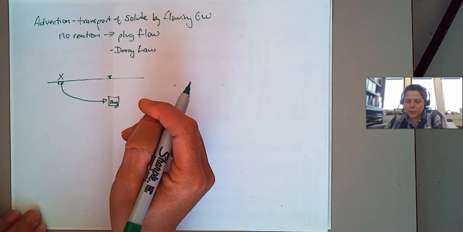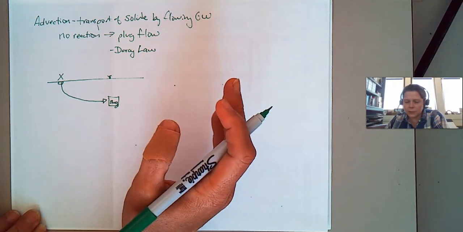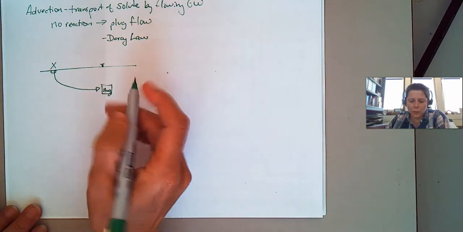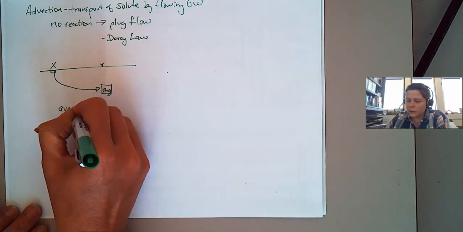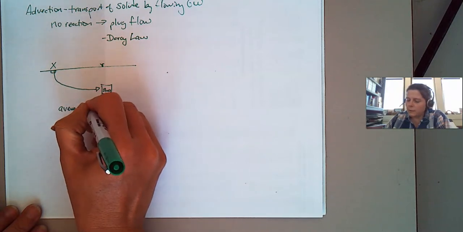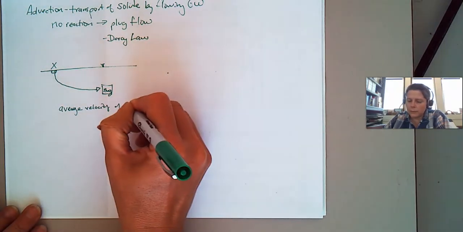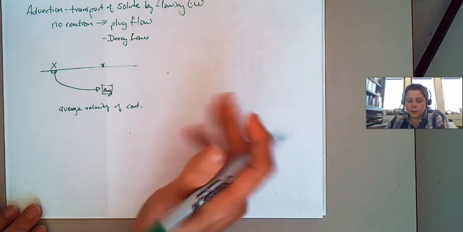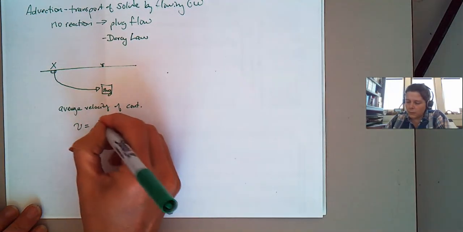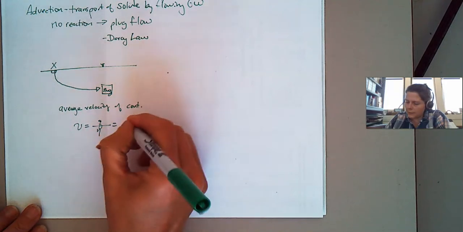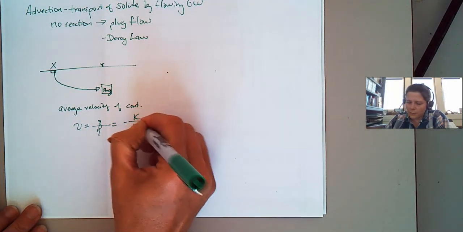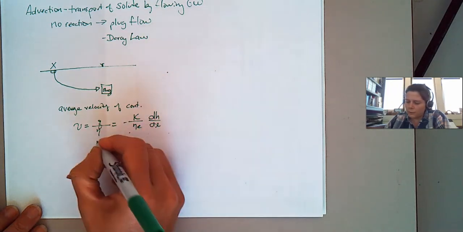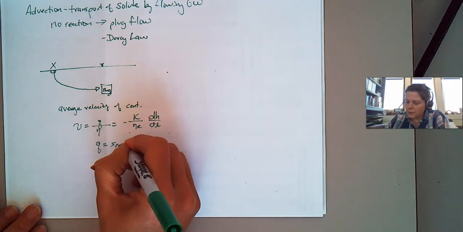Advection is mass flow, so basically it's using the governing equations from Darcy's. What will happen is this will move with the average groundwater velocity. So the average velocity of the contaminant, if it doesn't react, from Darcy's law, is equal to the hydraulic conductivity divided by the porosity, times dH/dL, where Q is the specific discharge